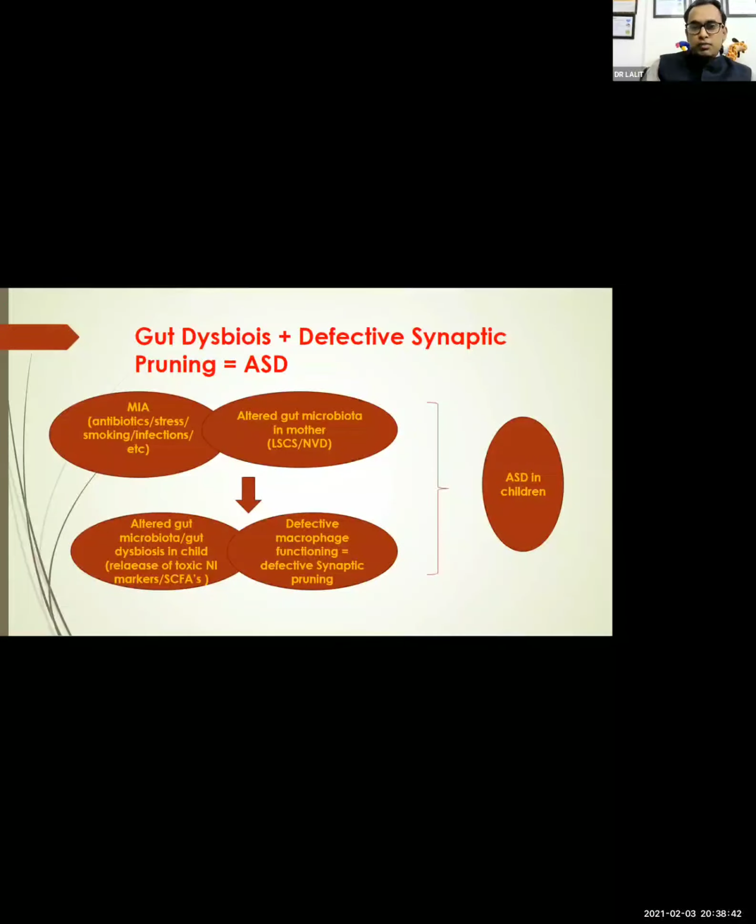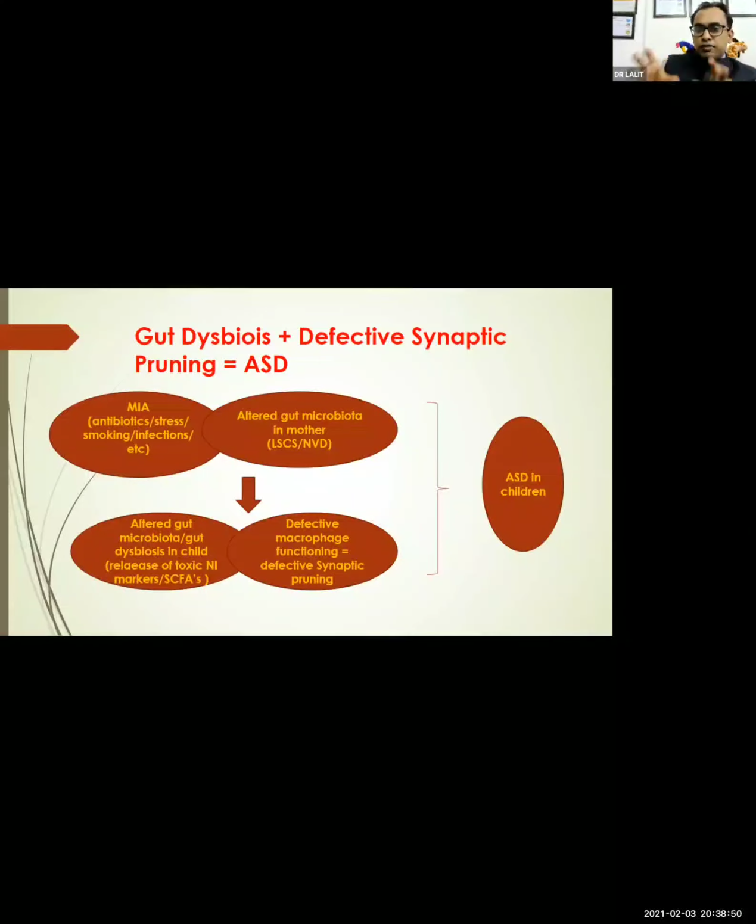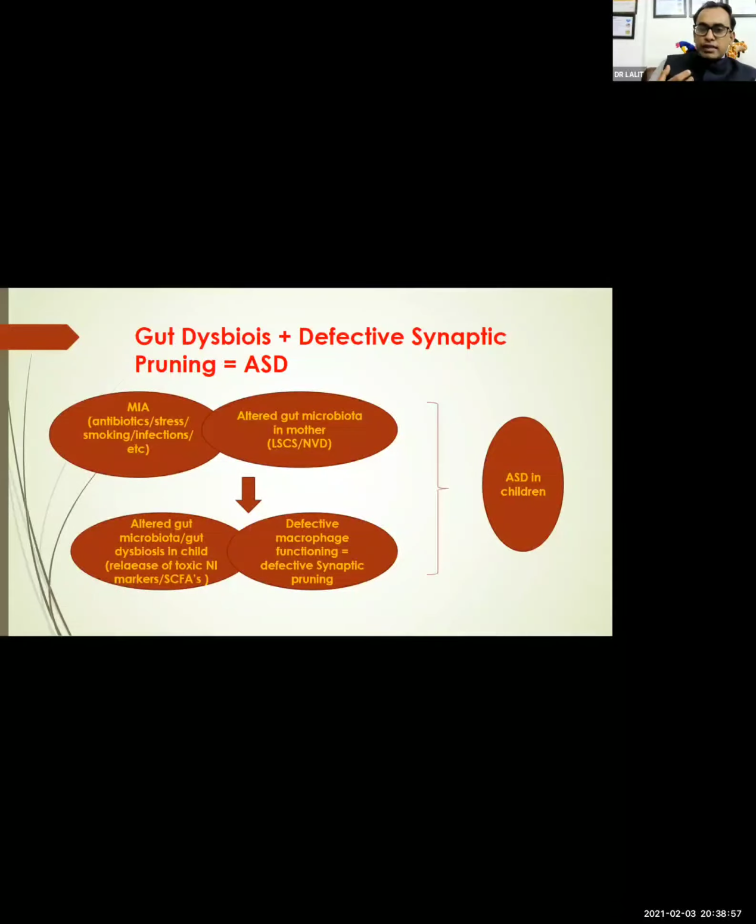Now, gut dysbiosis and defective synaptic pruning. This is basically the crux which I have taken from all these slides: gut dysbiosis plus defective synaptic pruning is ASD. Now, it's not that easy, which I have mentioned in the slide, but just to make you understand in a very simple way, gut dysbiosis, we have discussed what could be the factors, like maternal immune activation, stress, smoking, epigenetics,